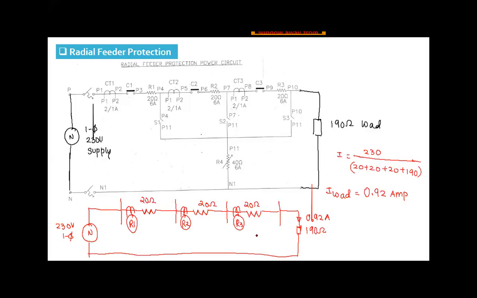કેટલાથી વધારે હોવું જોઈએ? 0.922 should be more than 0.92 obviously. Yes, R3 is the last relay towards the load, and the pickup of R3 obviously should be more than 92 ampere. Okay, now